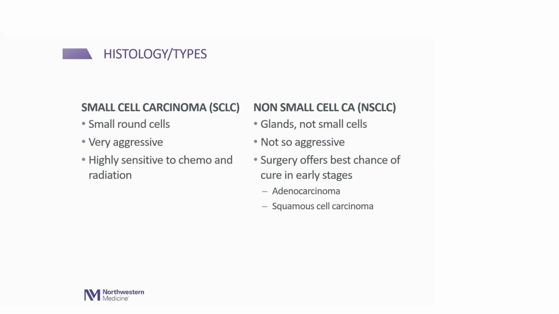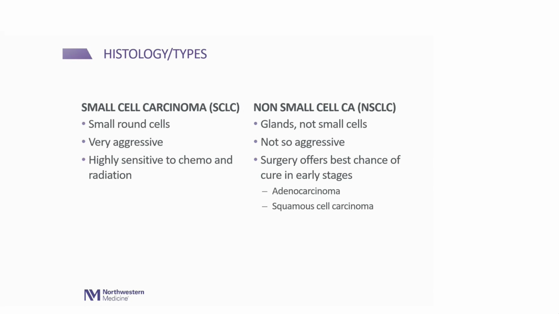Small cell is actually the most aggressive type of lung cancer. And usually when I tell my patients this is the type of cancer you have, the first question they ask is, so is it bad? Which one is a better one to have? Is it better to have small cell or non-small cell? So small cell is very aggressive. In that way, you can look at it as a bad one, but it is also a good one because it's very sensitive and responsive to treatment, which is chemotherapy and radiation. These treatments oftentimes melt the tumor away really well, unlike some other tumors.